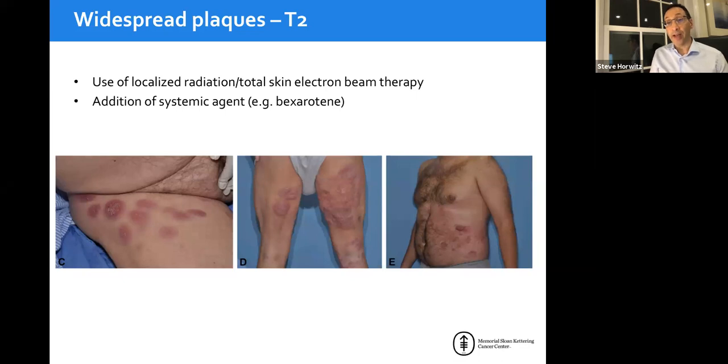If there really is disease outside the skin, of a reasonable amount, or disease outside the skin and the